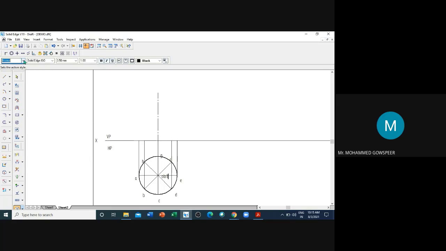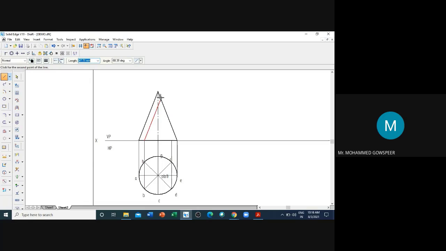Next we'll draw the base of the cone. I'll select the visible line style. Now this is the base of the cone, and connect to the apex point. When it shows the end point, then only we will click. Next we'll draw the generators. I will select a thin line.